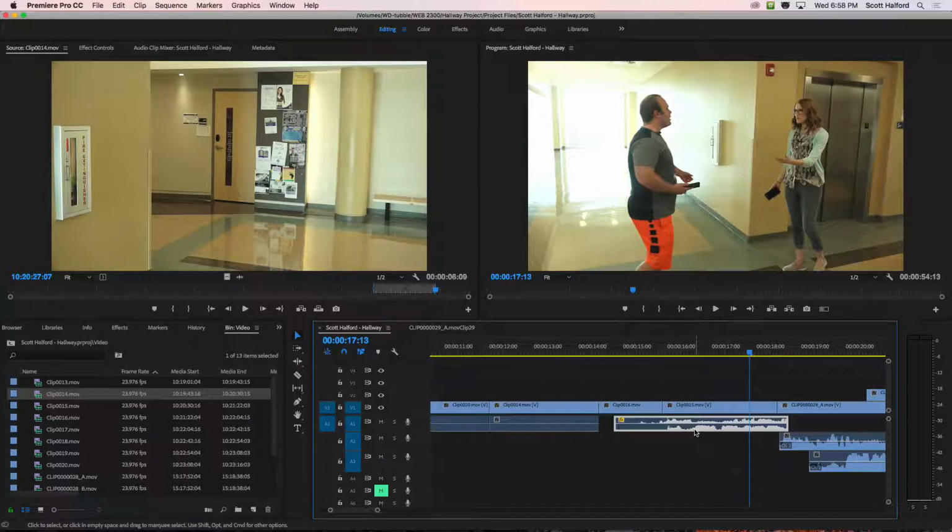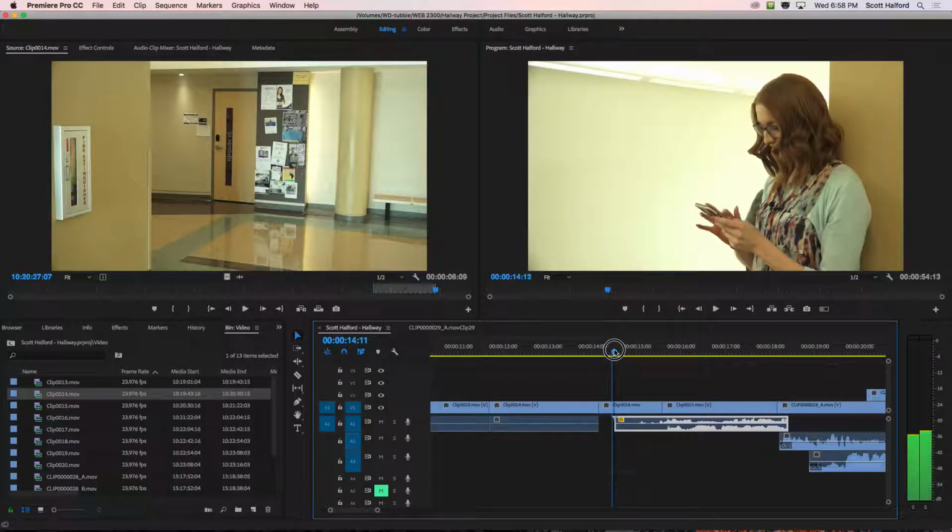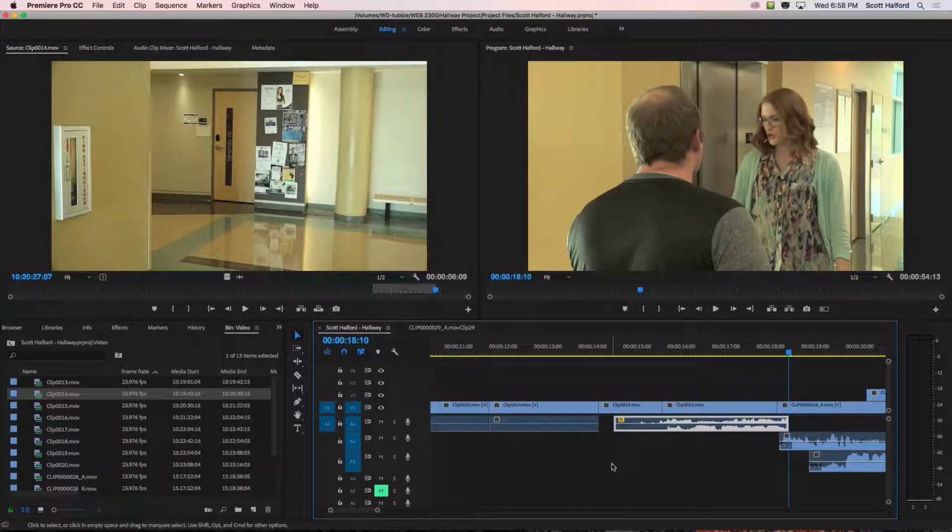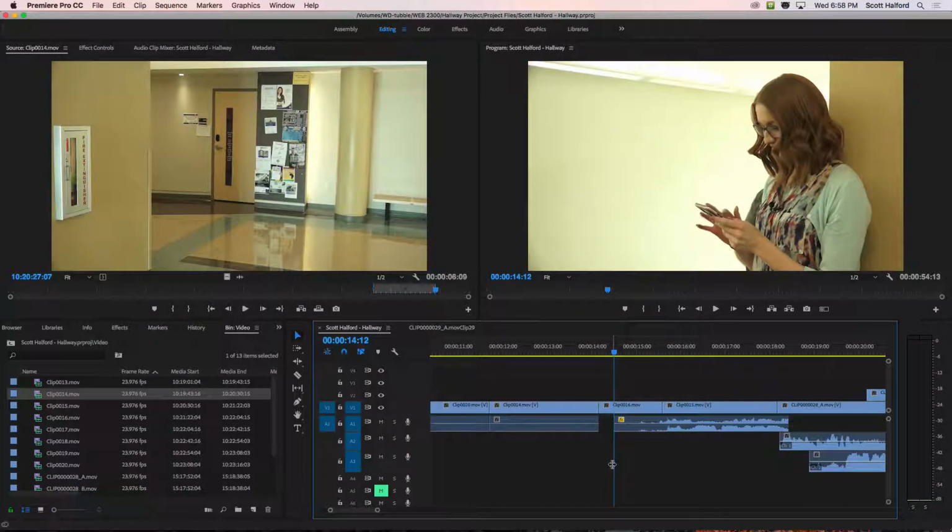Okay. There are a couple of different ways you can do this. I can hit Command C and then move my playhead back to the beginning of this and hit Command V, but it just pasted it over itself. This is where your target track comes in handy. If I turn this one off and this one on, then if I hit Command V,